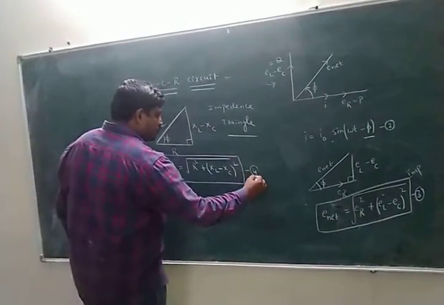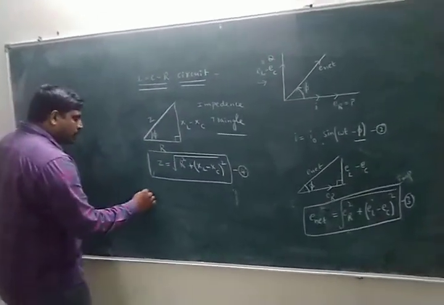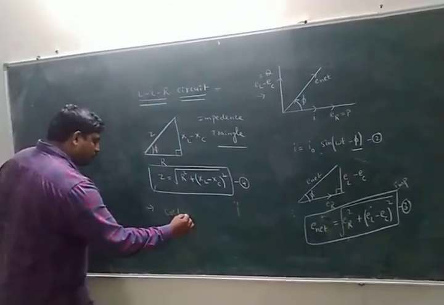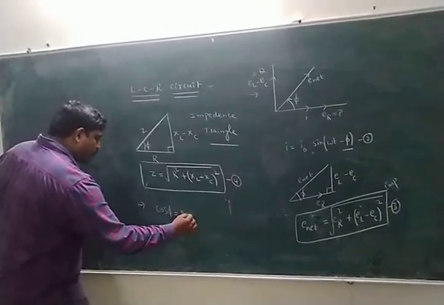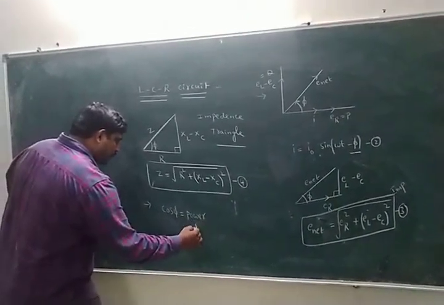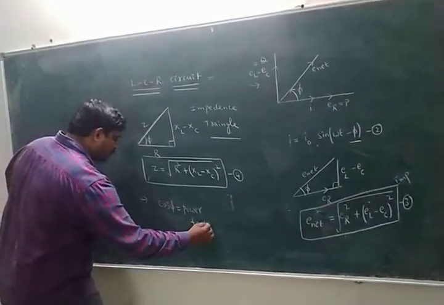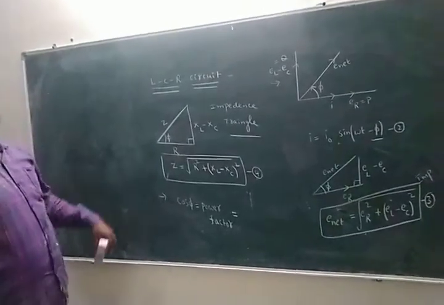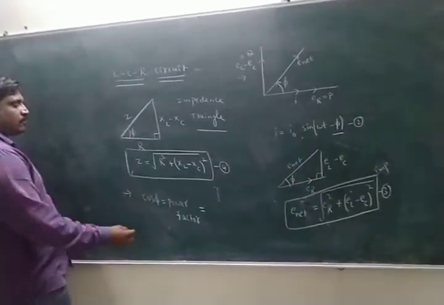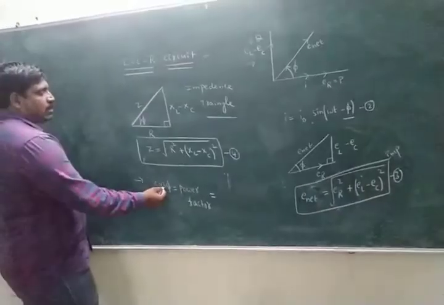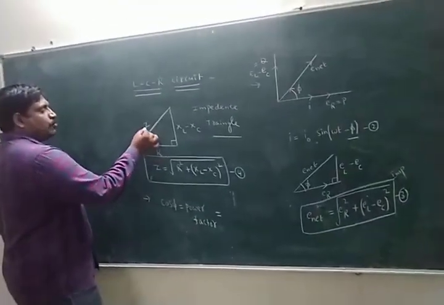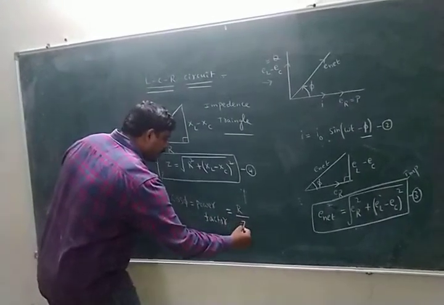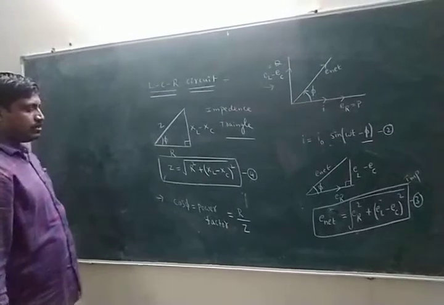This is equation number 4. Okay? Next now. Nana, already we know that cos phi, in the AC circuit, cos phi is called power factor. Look here, power factor. According to the diagram, what is the power factor formula? Power factor formula is cos phi. Cos means adjacent side by hypotenuse side. Simply R by Z.